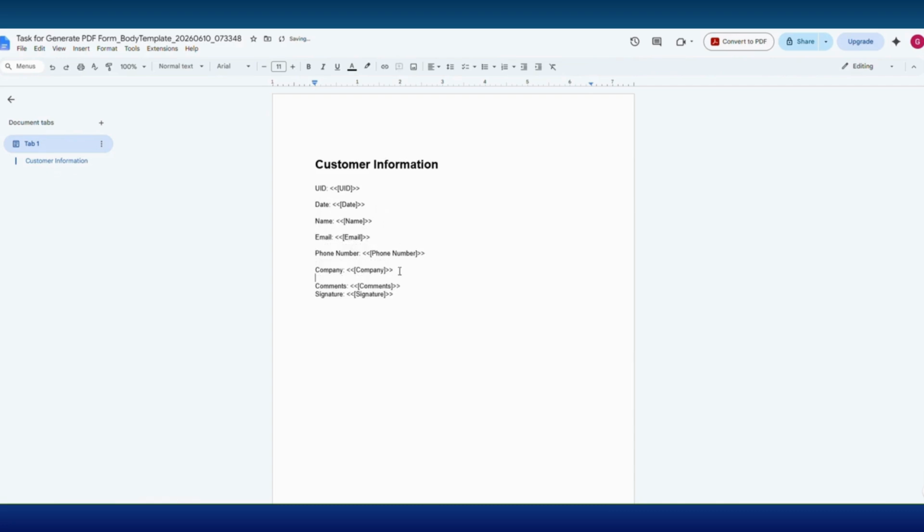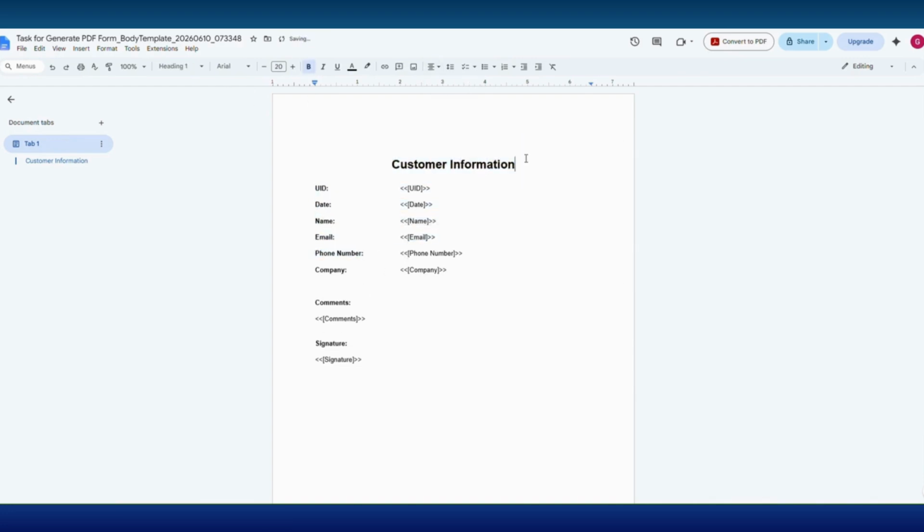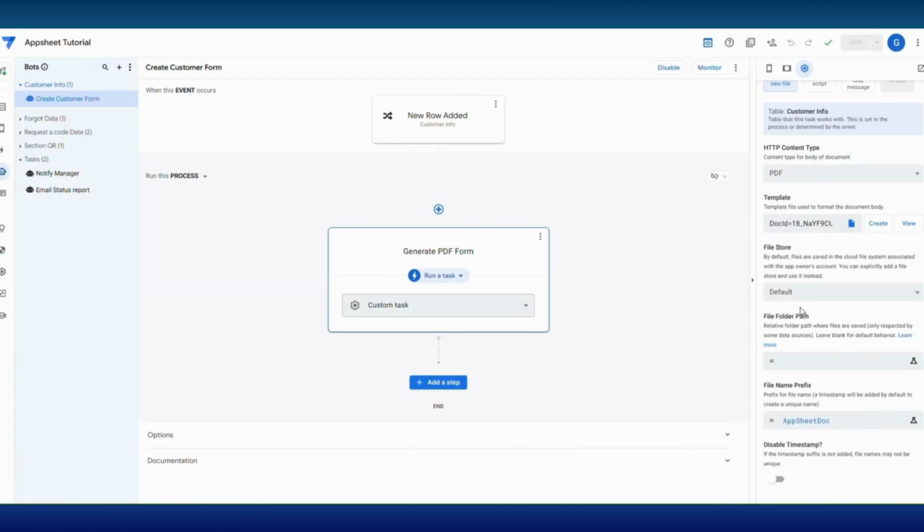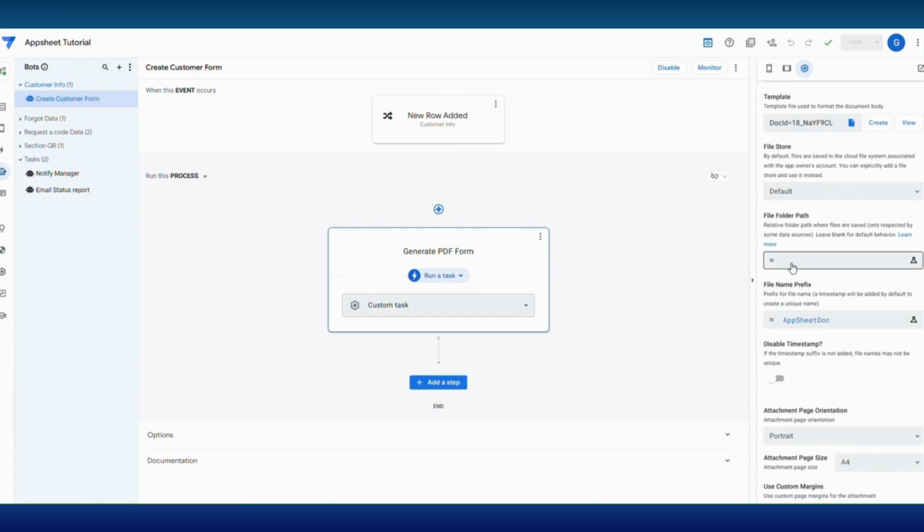Then, place the comments information underneath comments and do the same for signature. Let's move the information out to space it even better. Let's make all the labels bold and then center the heading and underline it. I think that will work for now. Now that our document is set up, we need to tell AppSheet in which folder it needs to save the